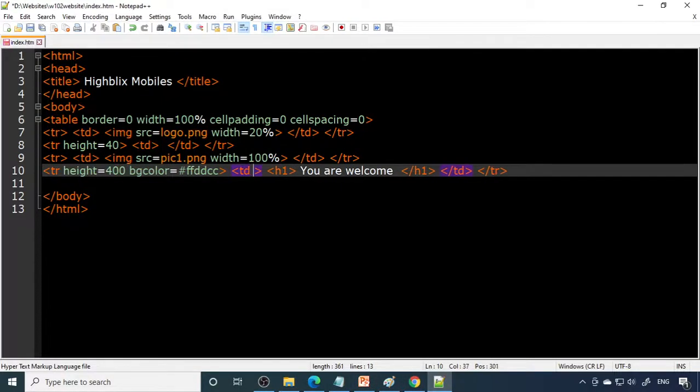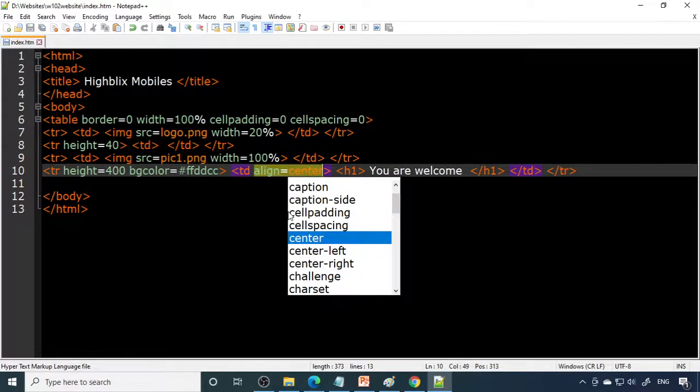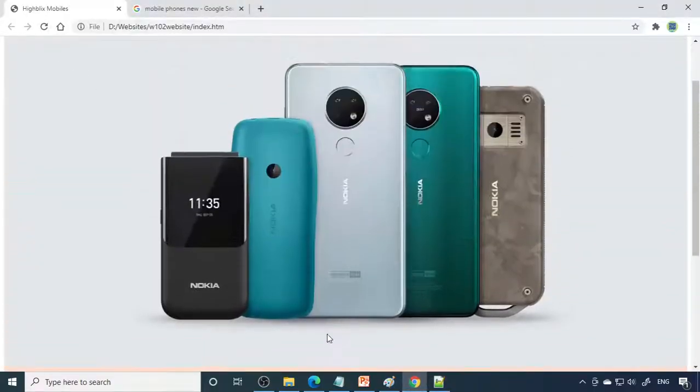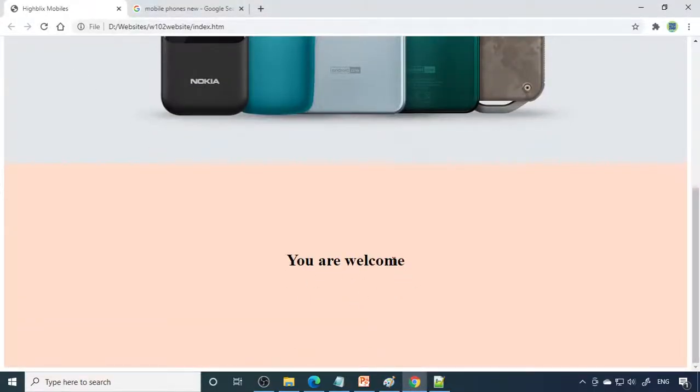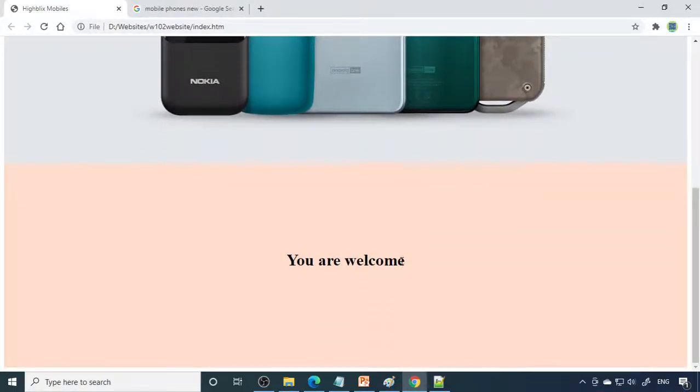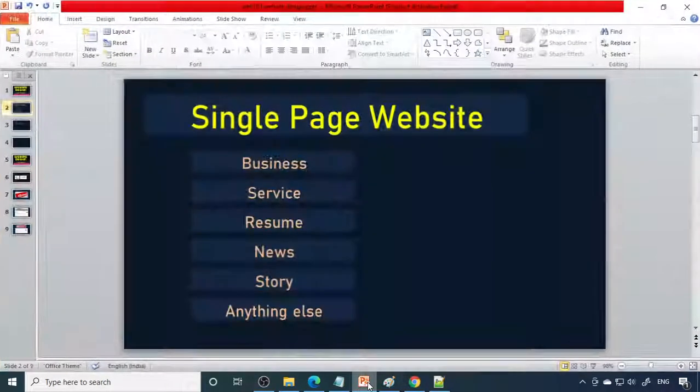If we go to TD, you write align is equal to center. You can see that it's at the center. We are not using CSS now; at a later stage we'll use CSS. In this video we will only use basic HTML commands, and let me complete the whole web page in a single page.